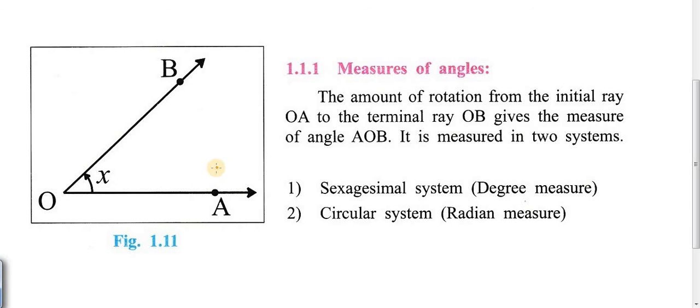Next is the measure of an angle. The amount of rotation between the initial arm and the terminal arm is known as the measure of an angle. Now as is clear over here, let x be the measure. There are two different methods to measure a directed angle. The first one is degree measure, the conventional method that we have been using for so many years, also known as the sexagesimal system. And the second one that we will be introducing now is the SI system, radian measure, also known as the circular system. But we shall continue with measure of angles and systems of measurement in the next video.